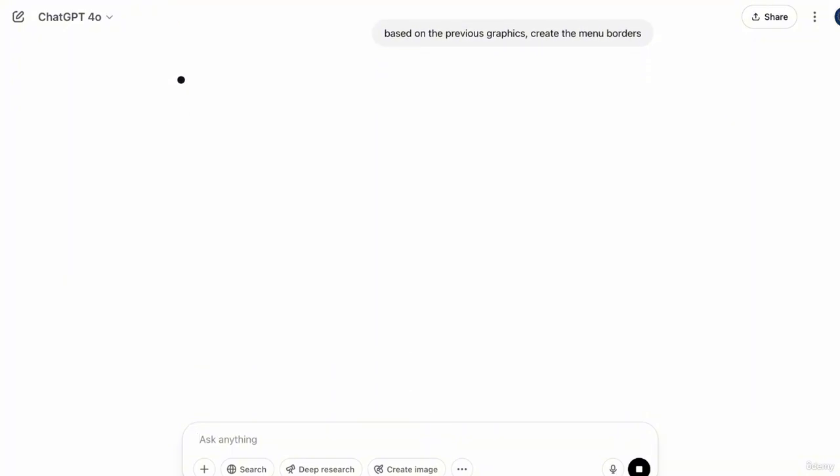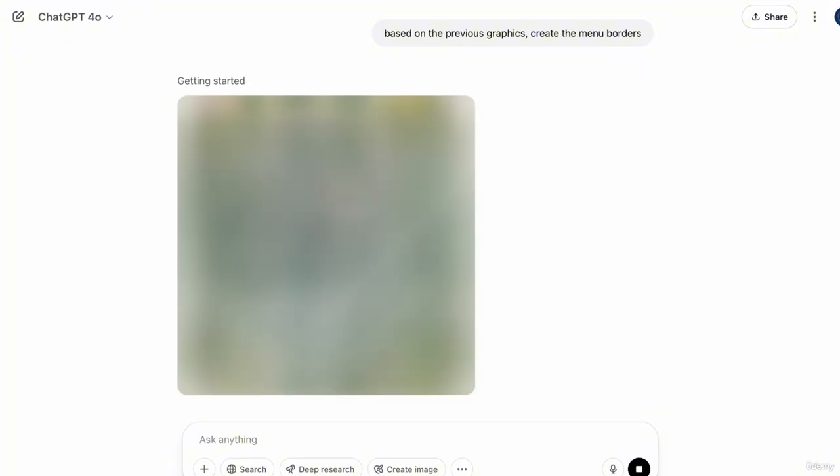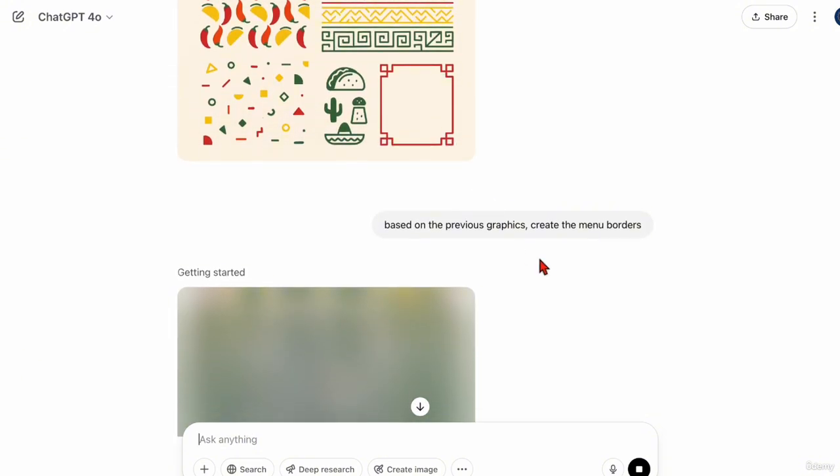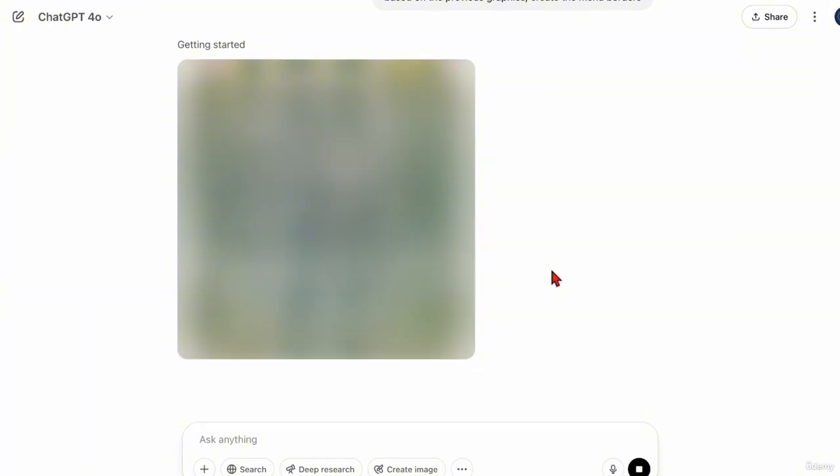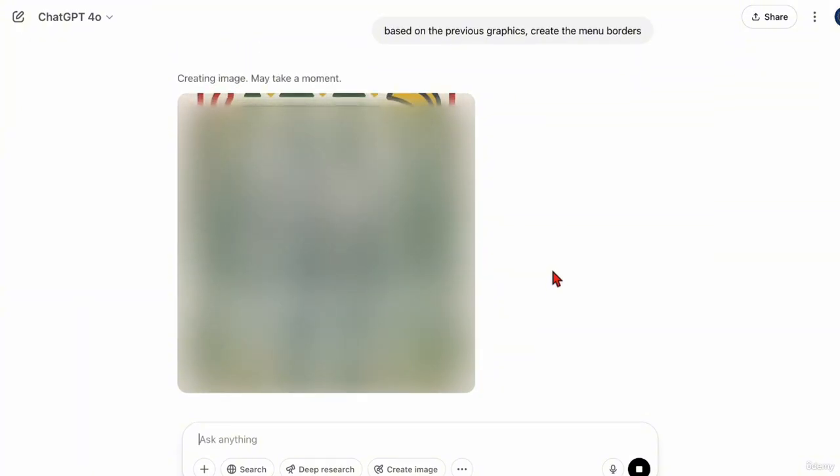Since we're going to be using this for a restaurant as part of graphics design for menus, for social media content, for posts, for banners, for flyers, everything works cohesively. So you get to apply these tactics, these lessons to various ends of the graphics design spectrum, the branding spectrum, even the marketing spectrum. Now, we have used the previous graphic designs to help us build on the menu borders that we're going to be using, again, as part of the graphics design initiative, but mapped to the menu design for this